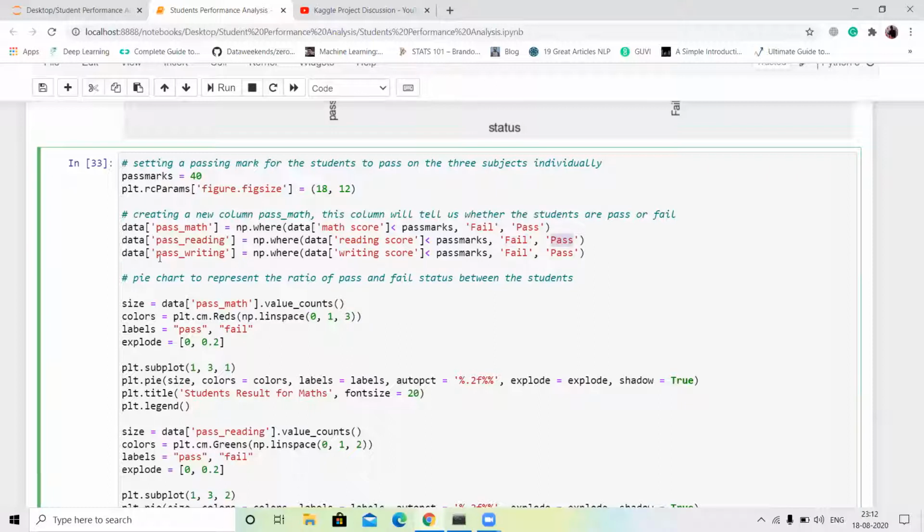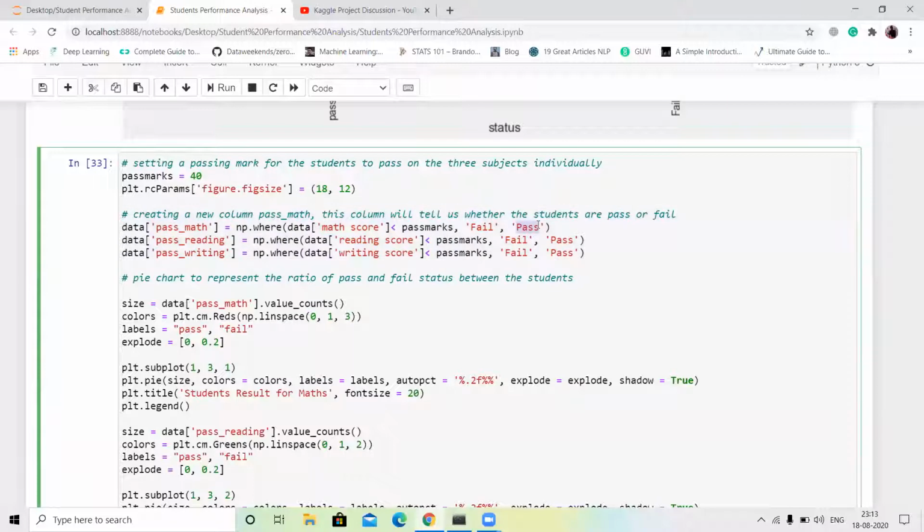And the same thing, I create a pass writing column: np.where the writing score is less than pass marks then fail, and if the student score is greater than pass marks then pass.